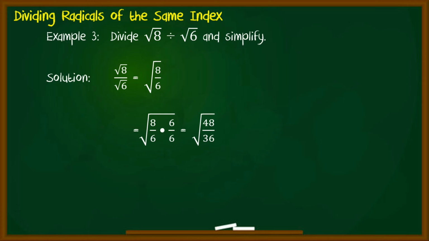We now have the square root of 8 over 6 times square root of 6 over square root of 6. So we get the square root of 8 times 6, 48, over 6 times 6, 36. So we have the square root of 48 over 36. Now, we simplify the given radicand. So we have square root of 16 times 3 and then extract the square root of 16,